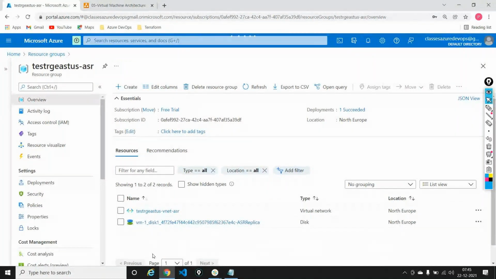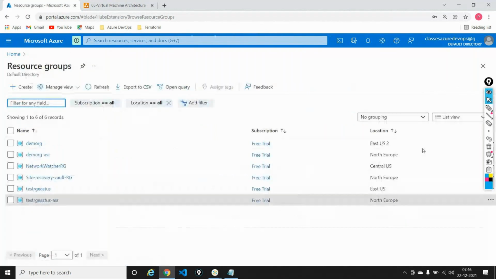And this data is already being replicated, this is constantly being replicated, right? This disk will just be attached to the virtual machine and your application will be up and running that way. So what I want you all to do out here is that after you enable replication, please see firstly what are the resources that are getting created, what are all the resources that it ended up creating. Secondly,